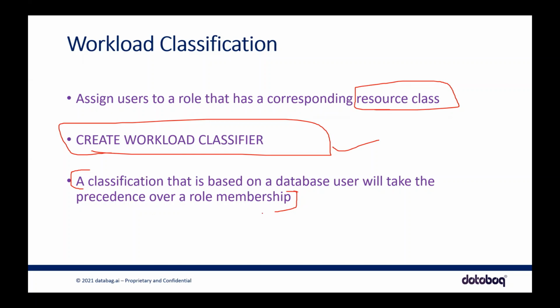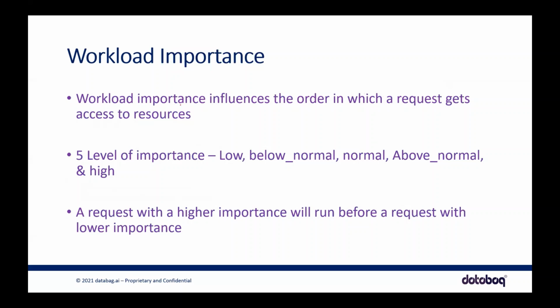So when it comes to workload management, just try to understand what I said: the comparison between a developer and the CEO, and which query has to execute first. To do that, you create roles and groups, and you assign the importance to the groups. You assign the resource allocation to those groups to execute the query. Again, workload importance influences the order in which a request gets access to resources. If you both are running the query, the order will change, because the first order is given to the CEO and the next to you.